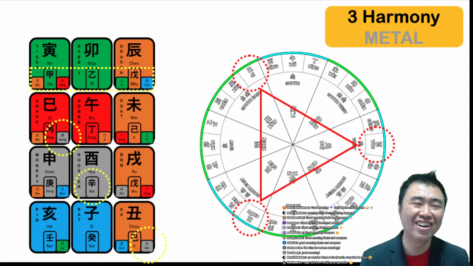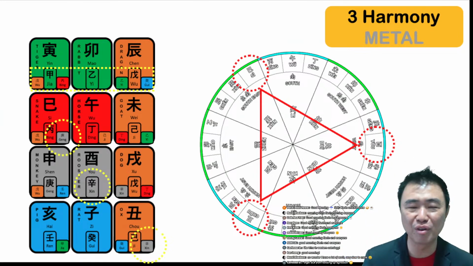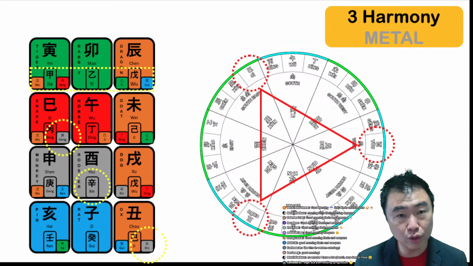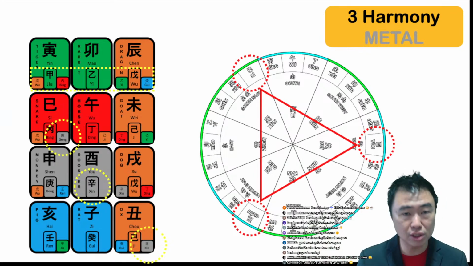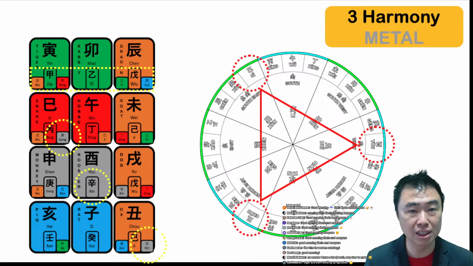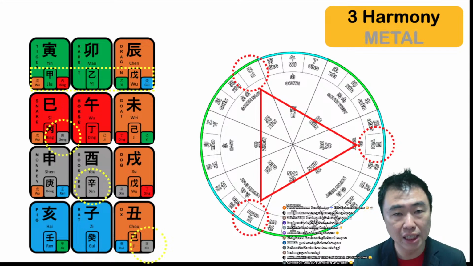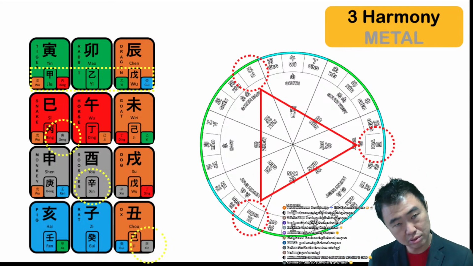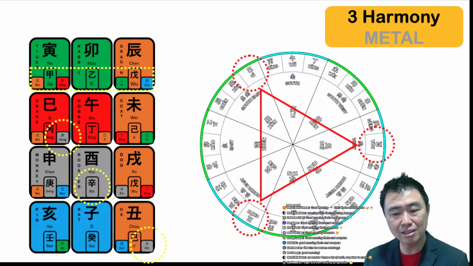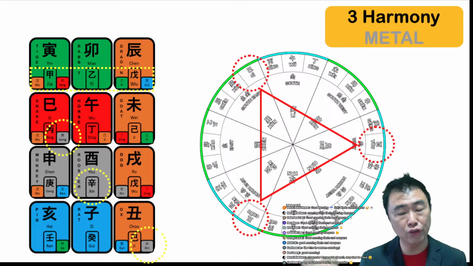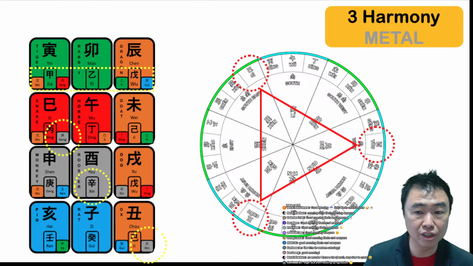Because this video is going to be left up for a very long time. So now snake is the beginning of the metal. If you go through the seasons, the metal first appeared in snake, so the Geng metal is hidden inside the snake. Then it reaches its peak in rooster. Then it slowly disappears, last appearing in ox. So tiger, rabbit, dragon do not have any metal energy in them at all. Zero metal energy inside.